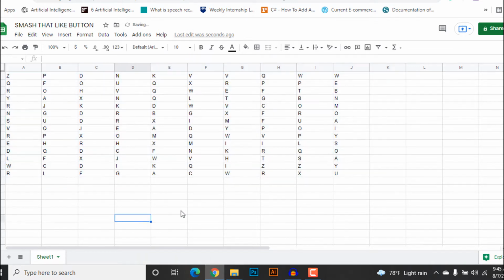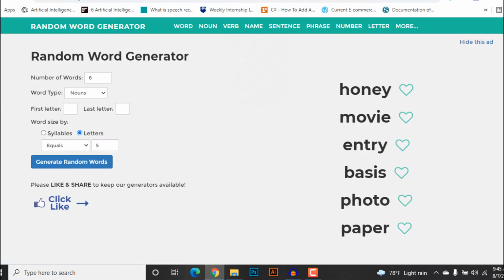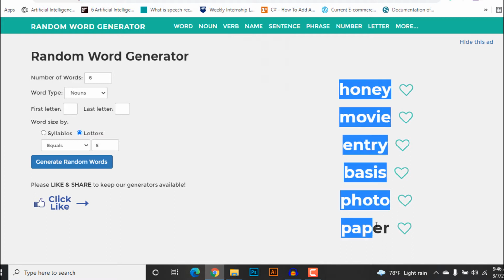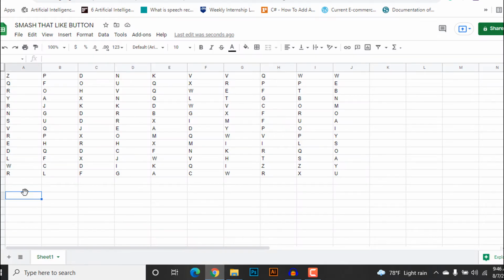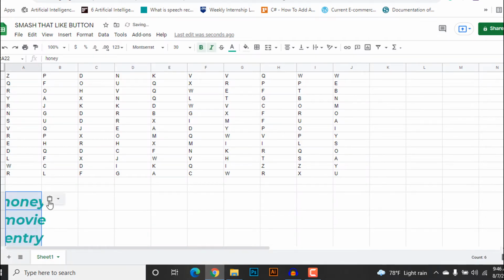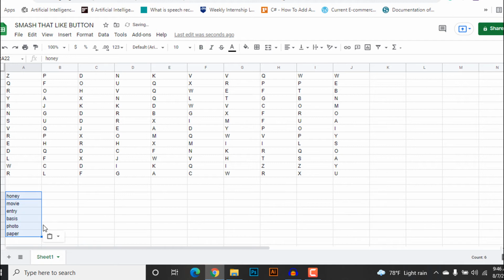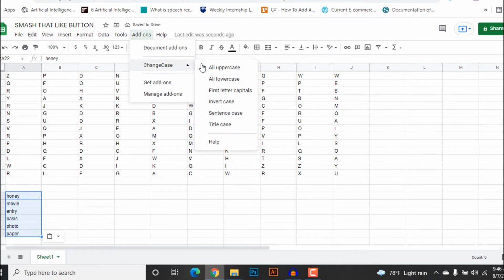So after doing that, what we are going to do is go to a website called randomwordgenerator.com and generate a list of random words. So for this purpose we are going to generate these 6 random words here, and we are going to copy this and simply paste it here, and let's paste values only, and we are going to make it all uppercase letters.